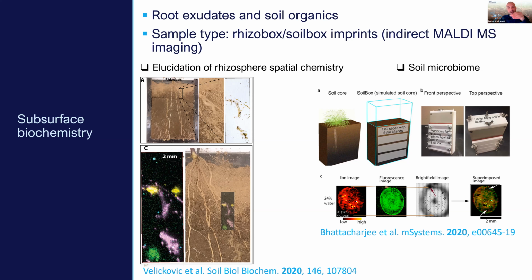So what's going on in the rhizosphere or deep in the soil? For this purpose we use a technique called indirect multi-mass spectrometry imaging. So we don't analyze soil or rhizosphere directly. We actually imprint, as you can see here on the left-hand side, either a rhizobox or a soil box, and then have insight about organic distribution around the roots, like in the left-hand side image, or where they are localized,